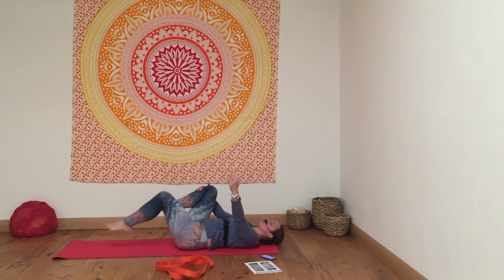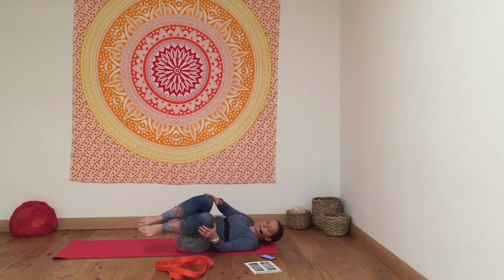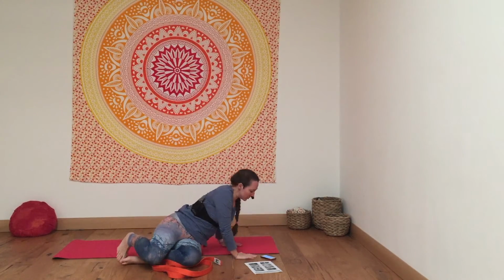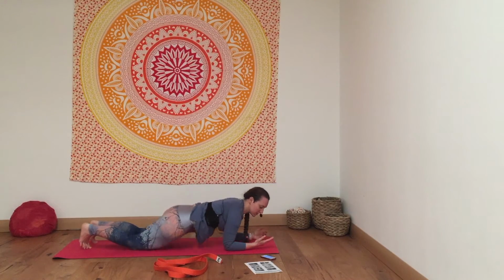Exhaling, both knees to chest. I like to do one at a time just to help my back so it's not straining. Lovely. Let's roll over to the side and then you come onto all fours, walking down on your belly, ready